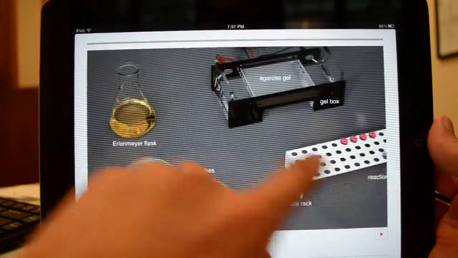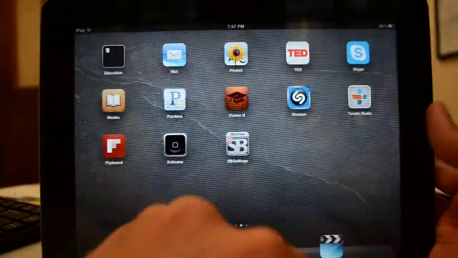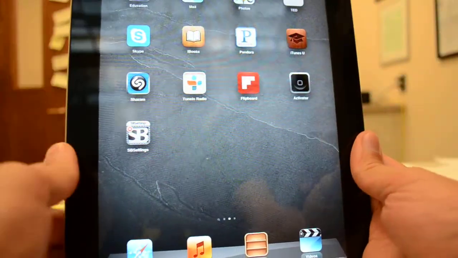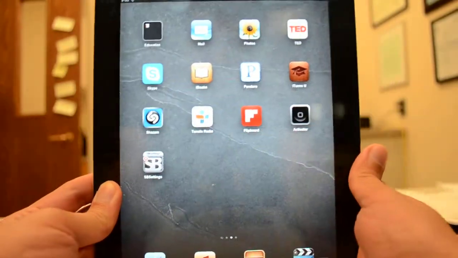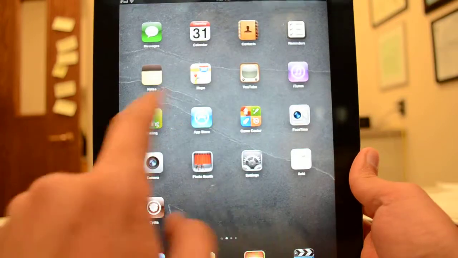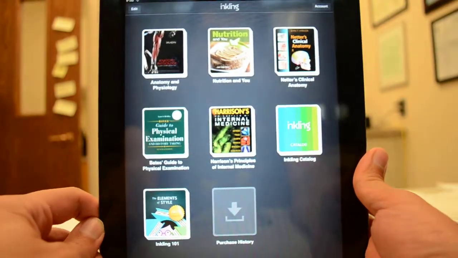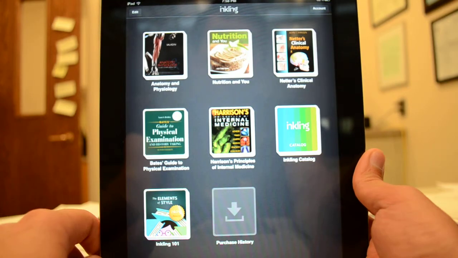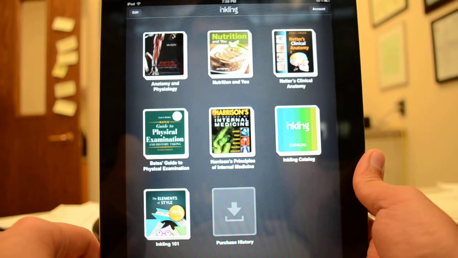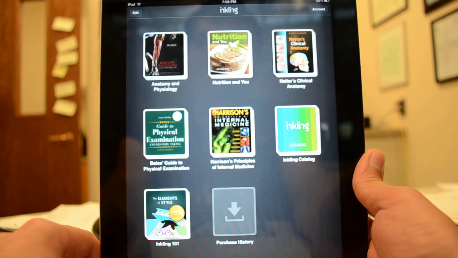I'm gonna stop here with the iPad. I'm gonna go to the other platform, Inkling. With Inkling, the way you hold the iPad is vertically. That's how they decided to do it. I'm gonna tap on the Inkling app, and again I'm presented with the shelf or my library, and I have different textbooks. The main difference between Inkling and the iBooks from Apple is Inkling is more open, so Inkling